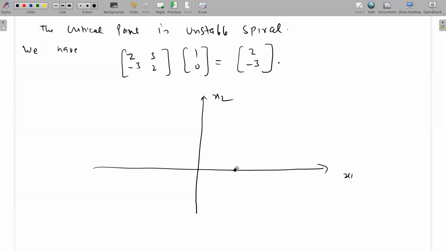Here, like, so start from — अब origin से दूर जाना है, so start from origin. Any solution passing through this point will go towards, so start from origin, go in that direction and going away. So this is unstable spiral, when you have positive real part.